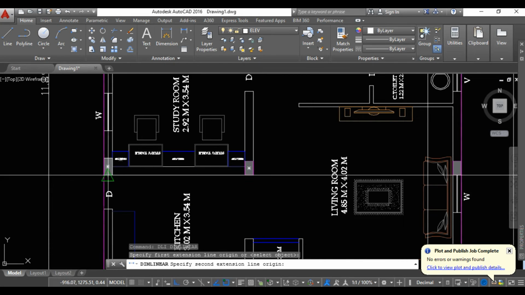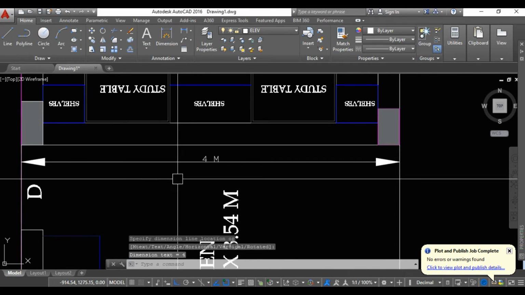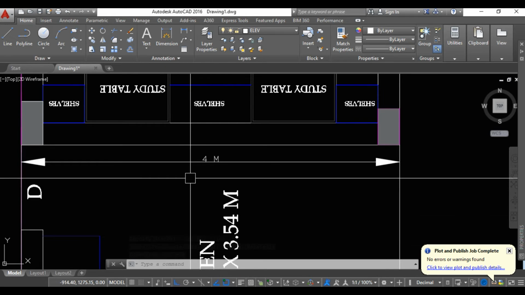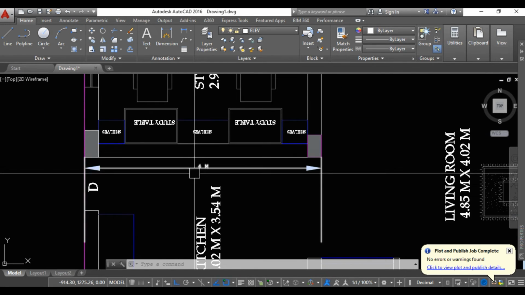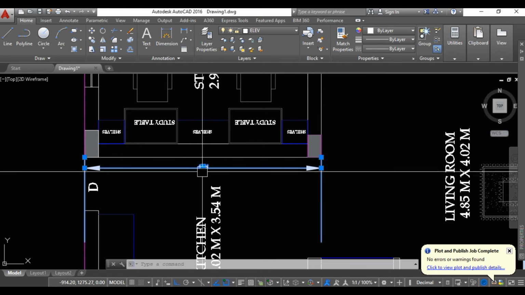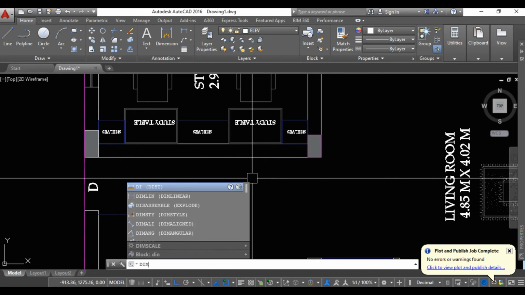See here, from here to here, if it shows, say, 4 meters, then the command comes out of its command, right? See, it is coming out of the command. Later on, we will press DLI once again, or press the space button to continue the work. But there is one more command, which you can use multiple times, that is the command key called DIM.